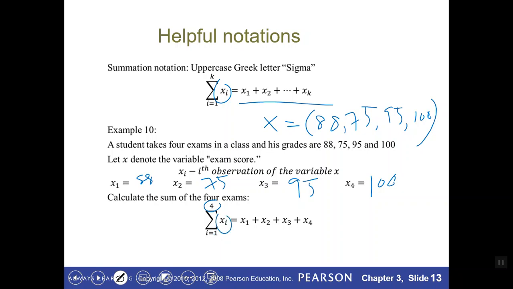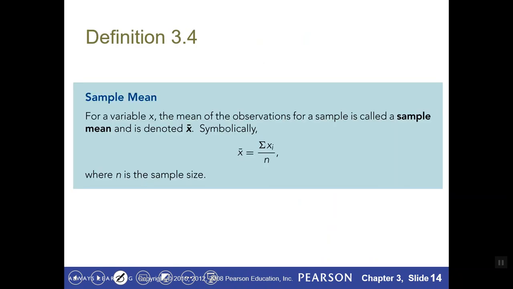Xi is the exam score. So x1, x2, x3, x4. You can add them together and find the exam score. From this point onwards, we are using this summation notation. It is simply x1 plus x2 plus x3 plus up to xk, where k is a value. So the definition of a sample mean, we can rewrite: mean is equal to summation of xi